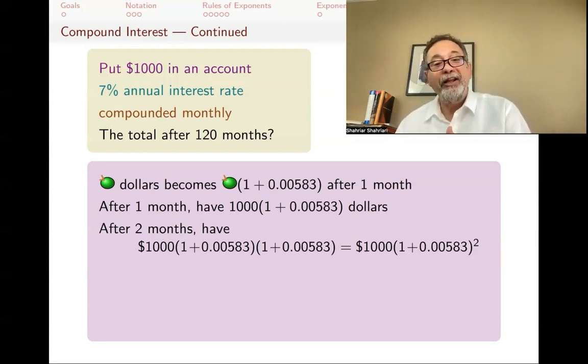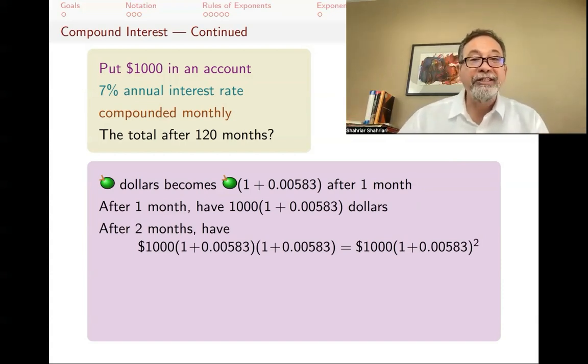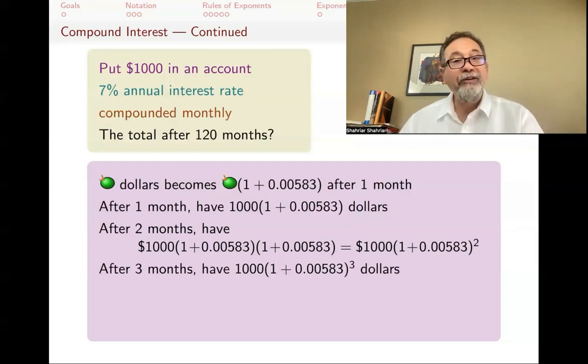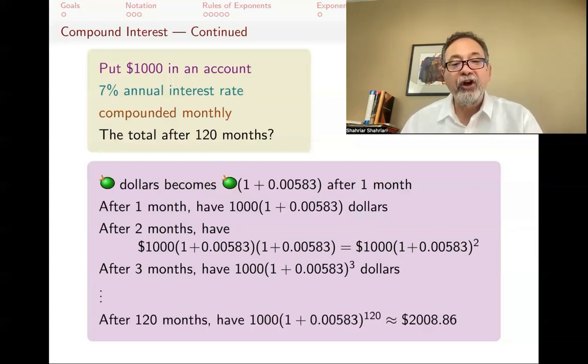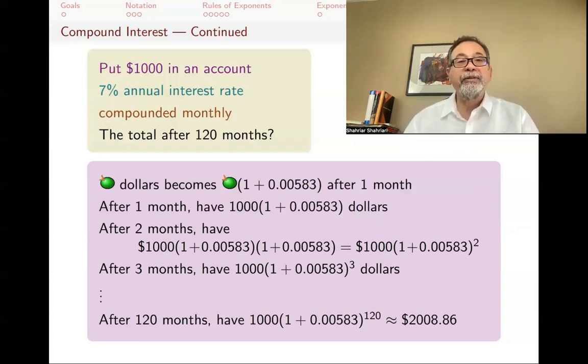But then I multiply it by another 1 plus 0.00583 to see what happens at the end of the month. And because the bases are the same, you're adding the exponents, which are both 1, and you get 1,000 times 1 plus 0.00583 squared. After 3 months, again, you multiply that by another 1 plus 0.00583, so that becomes the third power. And this continues, and after 120 months, you will have 1,000 times 1 plus 0.00583 to the 120, which is approximately